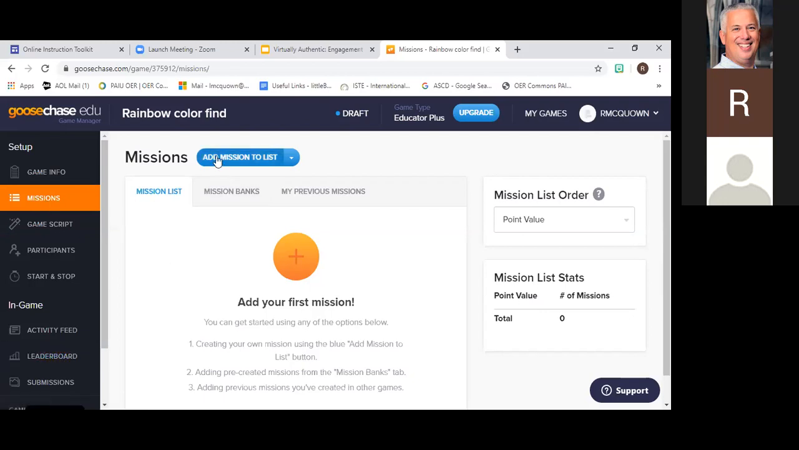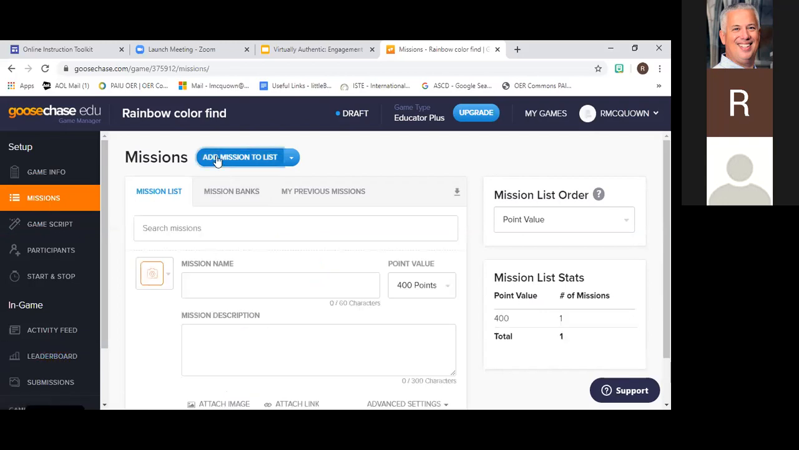So up here at the button, it says add to mission list. You can search the missions in your mission bank, which we'll do in a minute. But let's say here's my mission name, and I'm going to do rainbows because then that's going to put it in that set category. And then your mission description. Now, if you remember on my description, I want them finding the colors of the rainbow. So for this mission, I want them to